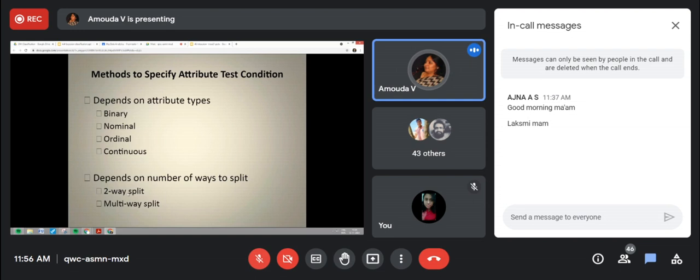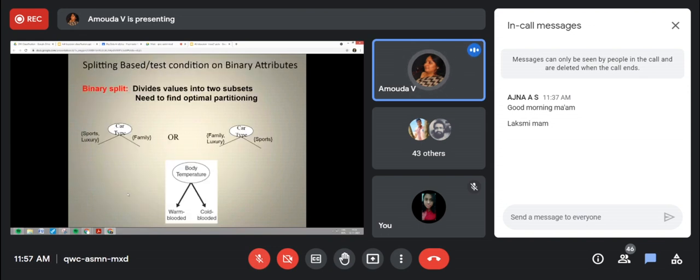Depending on the attribute type, we can choose the splitting. We are going to see that. It also depends on the number of ways to split, two-way split or multi-way split. So you can have a multi-way split also. With this, we'll go for the next one.